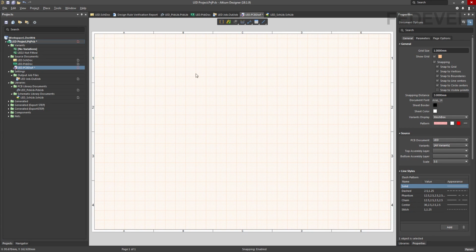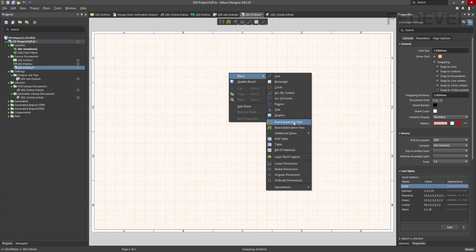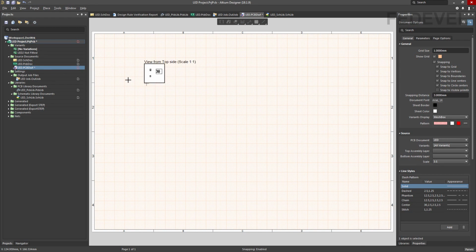Hover the cursor somewhere in this document area, right click, select Place, and to insert an assembly drawing, we are going to use this Board Assembly View command. Left click on Board Assembly View, and left click to place it somewhere into your document.